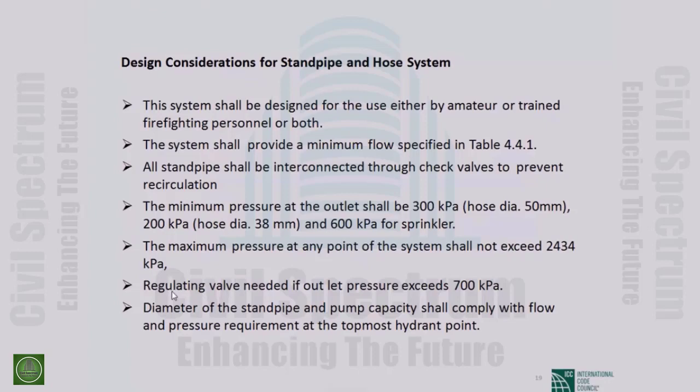So there are some other points also for calculating. Just a few points which you can remember for your requirement. Actually, the hydrant system is used by the fireman or inmate, which is available during fire. But if you are in occupancy, you have to handle that. You cannot handle the